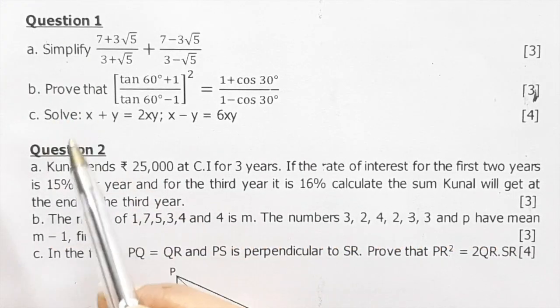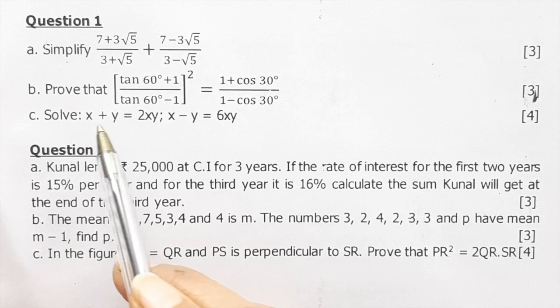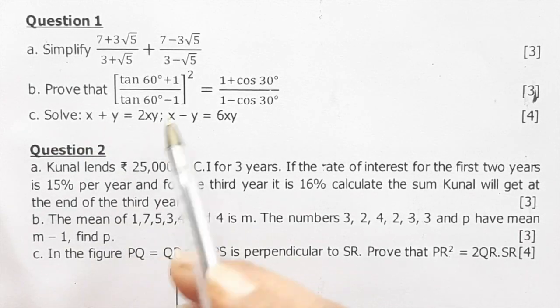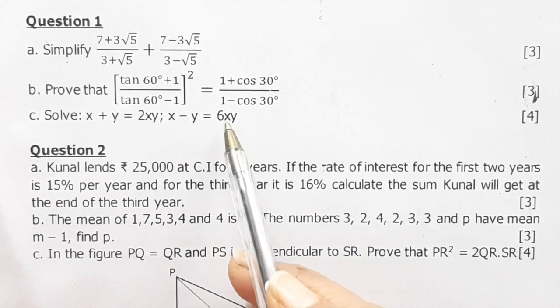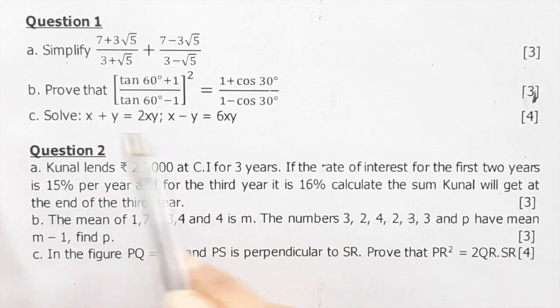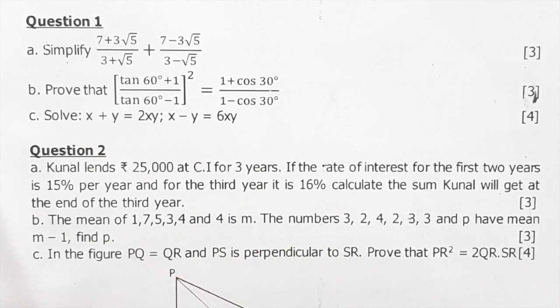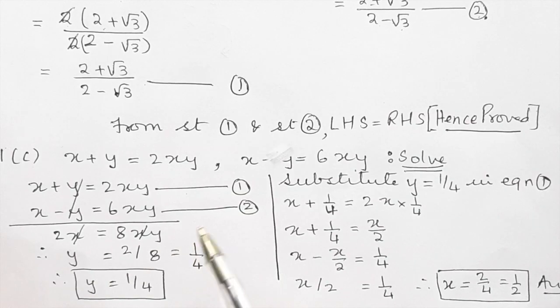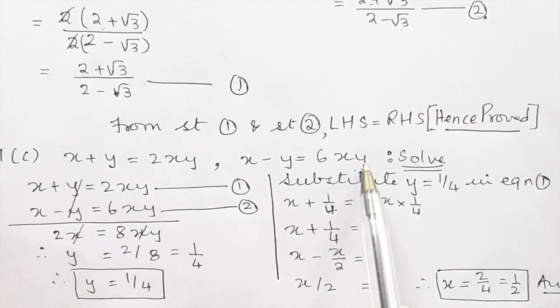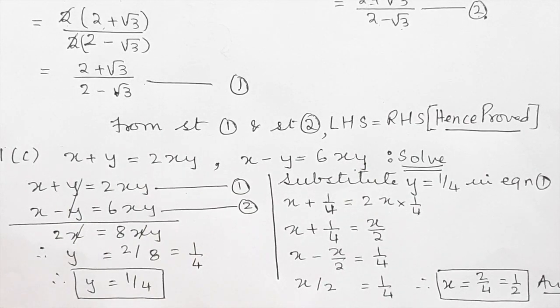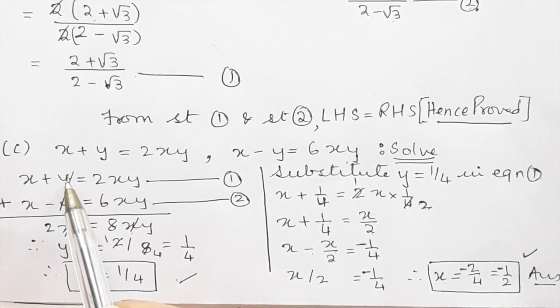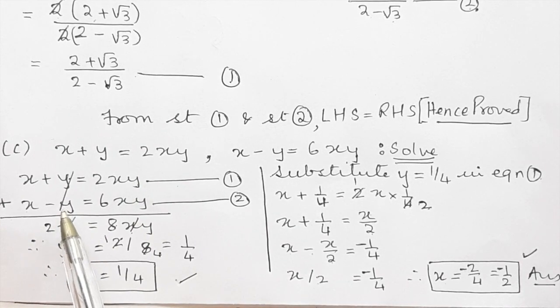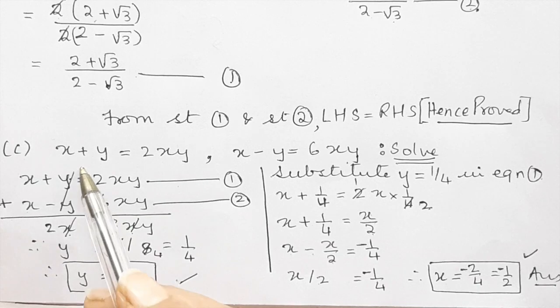Now we come to question number 1C. Solve x plus y equal to 2xy and x minus y equal to 6xy. Now these are the simultaneous equations. Let us see how we proceed for these. So we write these two simultaneous equations one below the other. You will see that this plus y and this minus y, if you add the two equations, this y and